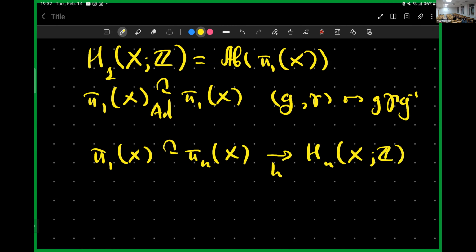Hurewicz's homomorphism is neither injective nor surjective in general. Yeah, that's right, but it's just some justification of why it is natural to define the action on the higher homology groups to be trivial. But as I said, in general, there is no other way to somehow relate the action of